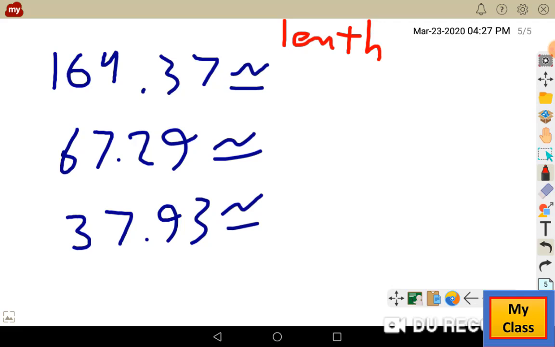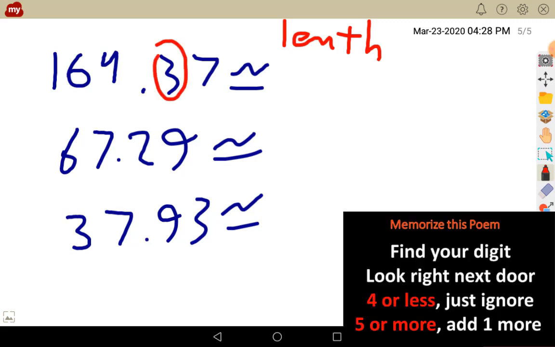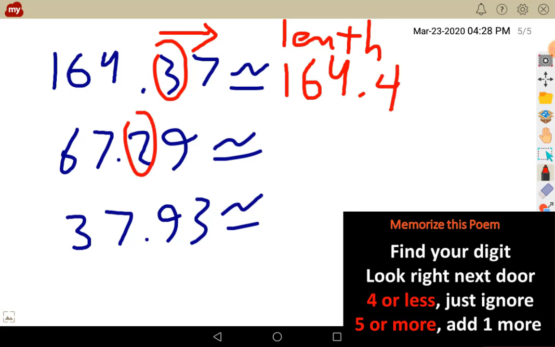طب تعالوا نشوف. first هنرجع للرول القديمة اللي هي find your digit. فين ال 10th اهي. look right. 4 or less just ignore. 5 or more add one more. I'll add one more, so I write 1 6 4 point, add 1 4. طيب next one, find your digit. look right, it's 9, so we will add one more and 2 equal 3, so I have 67.3. and next one